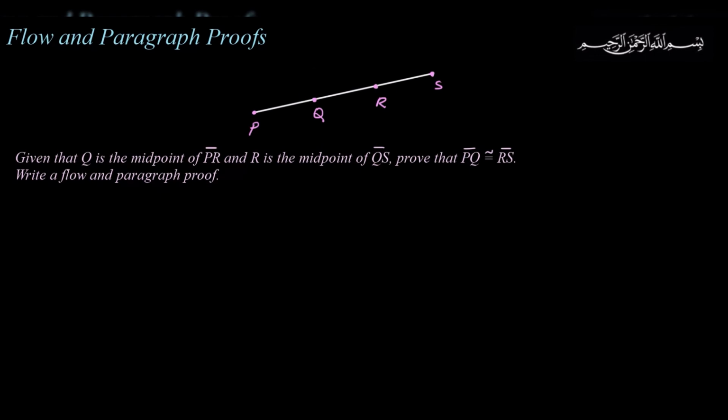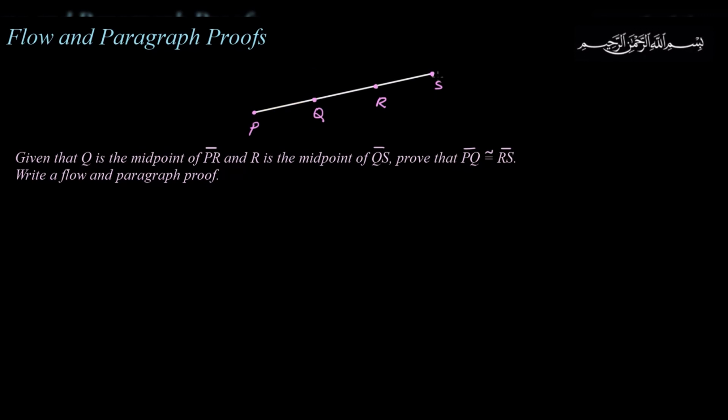Okay, so here's a geometric example. First, let us read the question. The question says, given that Q is the midpoint of PR, so here's Q, and we're told that it is the midpoint of segment PR right here. Okay, that's the first part. So given that Q is the midpoint of PR, and then we're told that R, which is here, is the midpoint of QS over here,